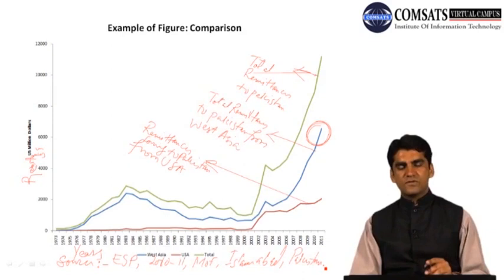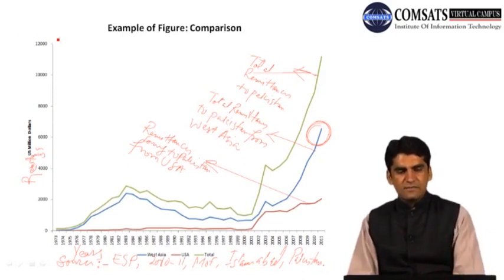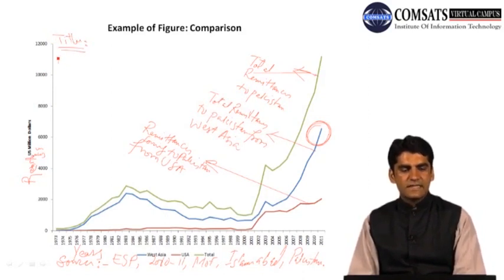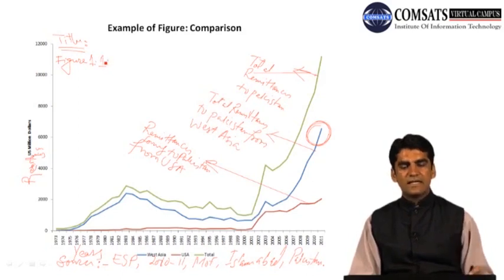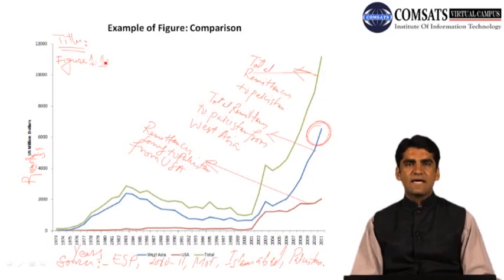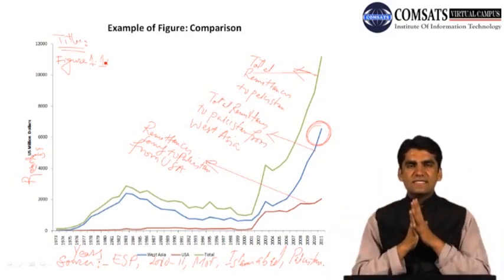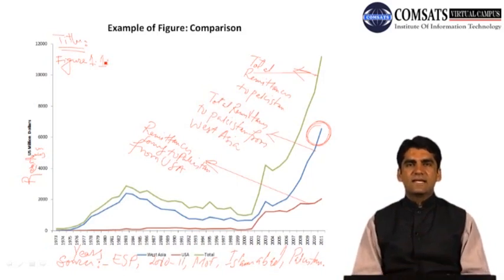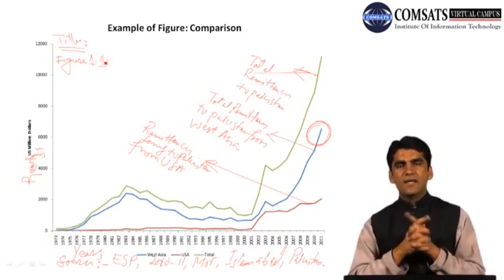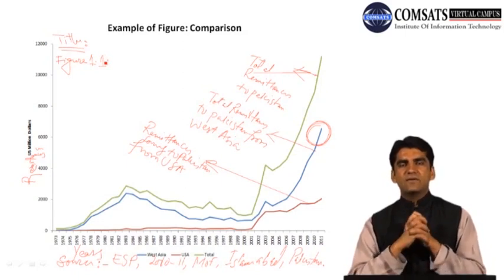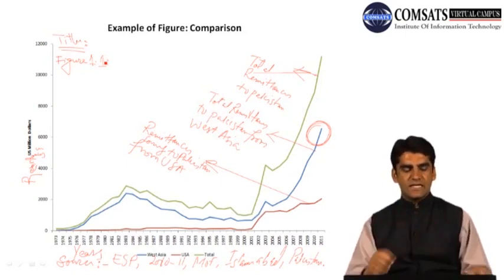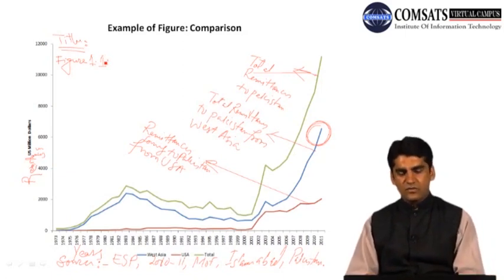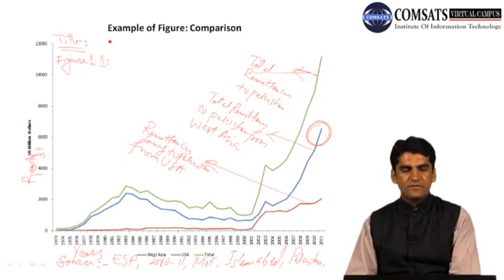Now we have covered most of the things except that we are still missing the title. So for the title, the first thing that we have to tell is figure 1.1, and now before giving the title we have to brainstorm ourselves to see what this graph is actually telling us. It is comparing total remittances with that of West Asia and from USA. So we can try to write a title to that graph saying that